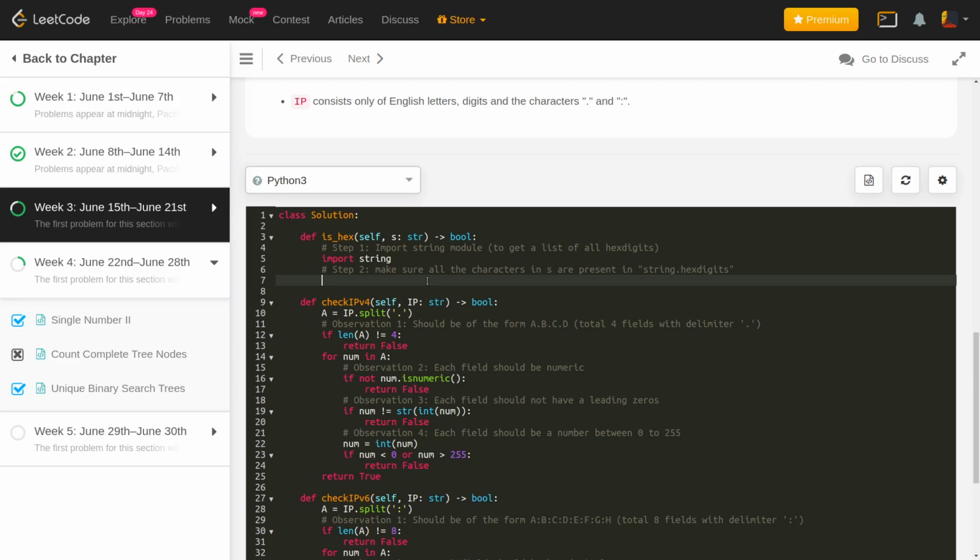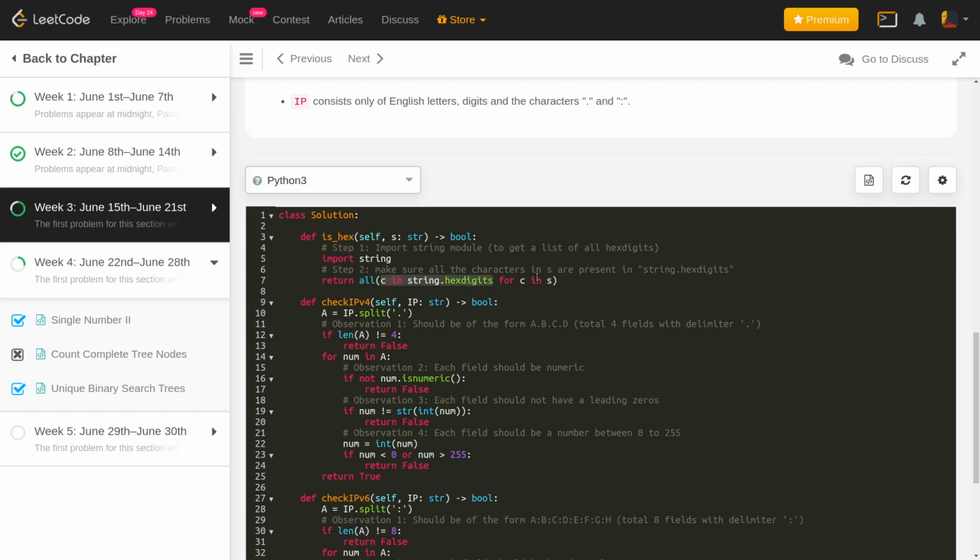So we can make sure that all the characters in this string s are hexadecimal digits: for c in s, c in string.hexdigits. I'll return that all of the characters should be from string.hexdigits.